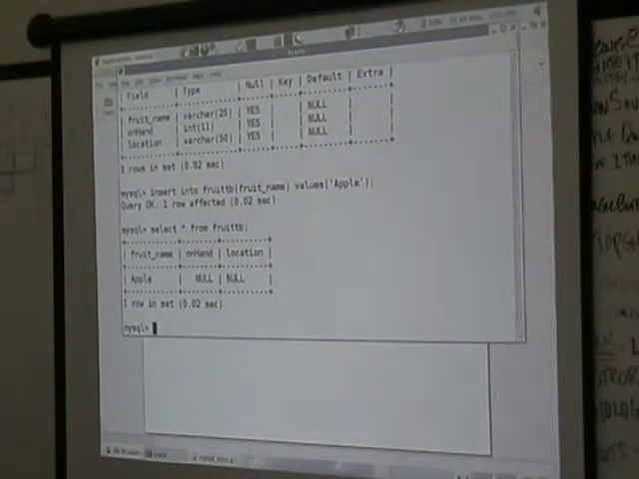So we created this table. I've inserted some data into it. That's all well and good, and working on the command line interfaces is okay. For all you